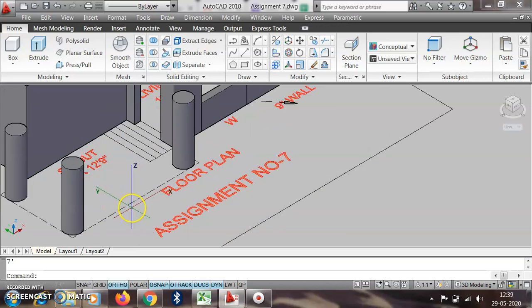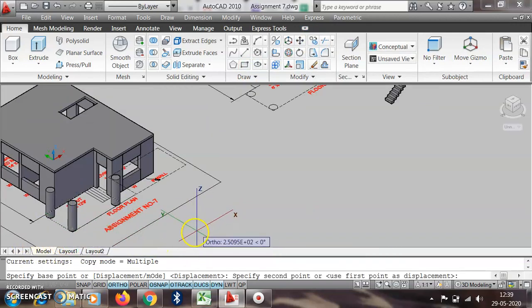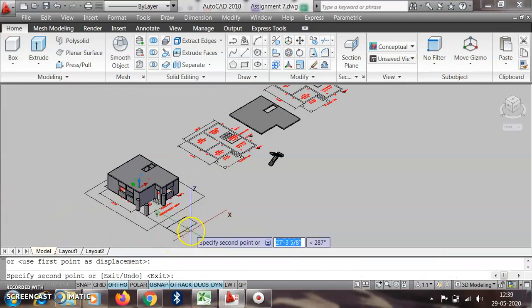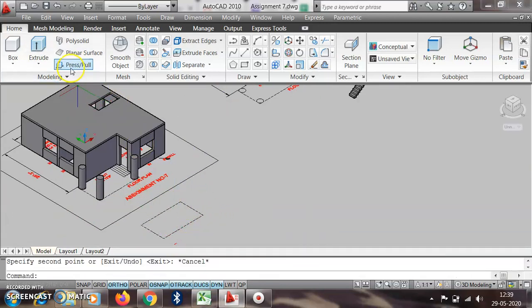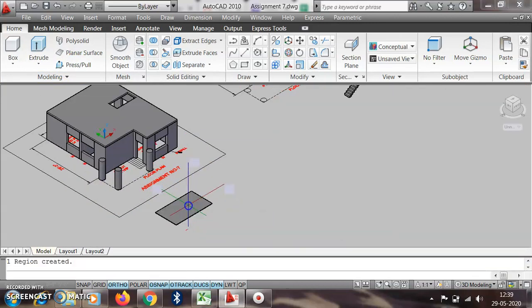Then we have to place the slab using press pull. We copy it, and we take it outside from this point. We take this one from here, and by clicking the press pull command, we select this object here, and the slab thickness is, suppose, 6 inch.